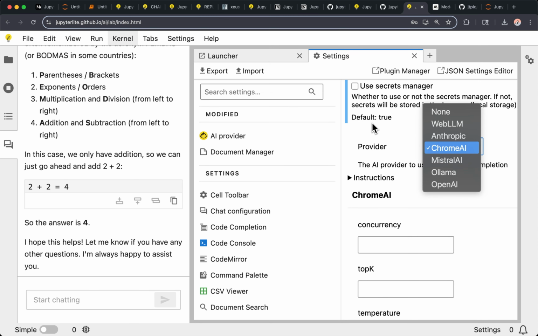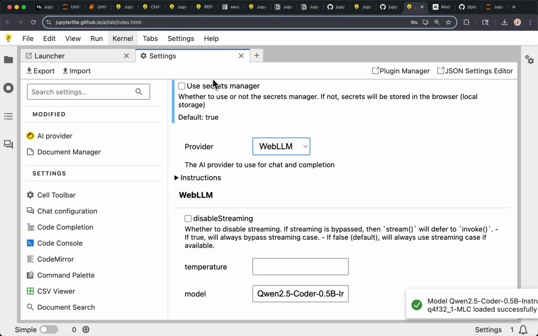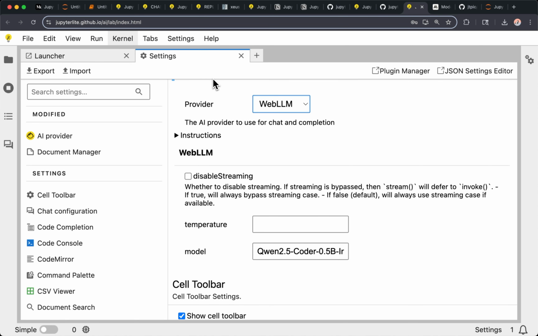Another one is integrating with libraries such as WebLLM. So WebLLM is a project that is looking into making some of the well-known models like Llama, Mistral, Qwen available to the browser, and they use WebGPU for faster inference.